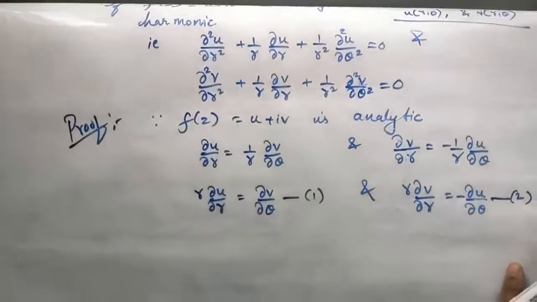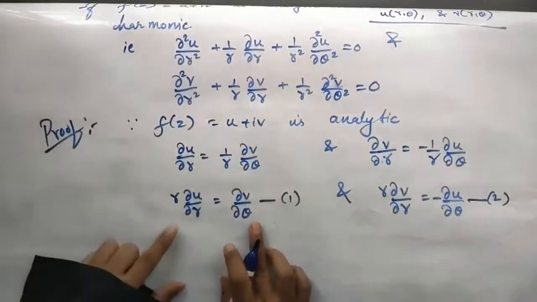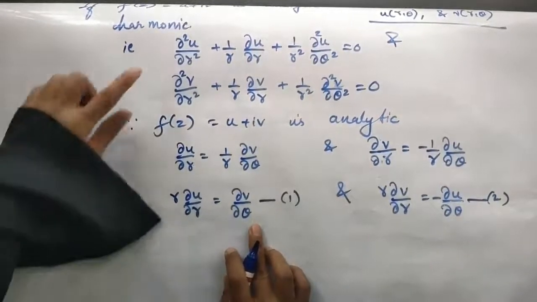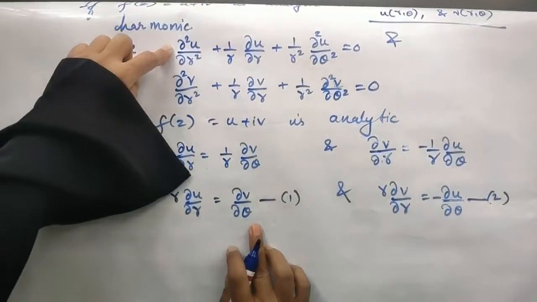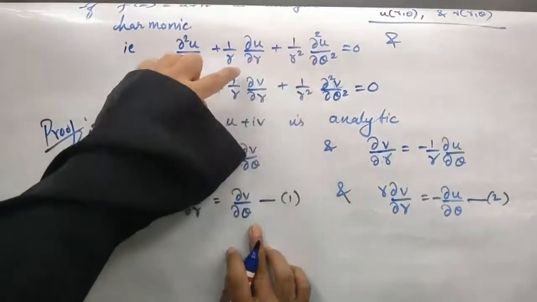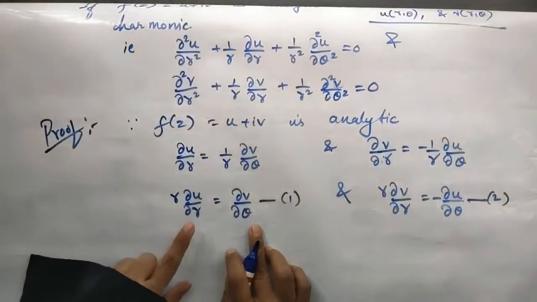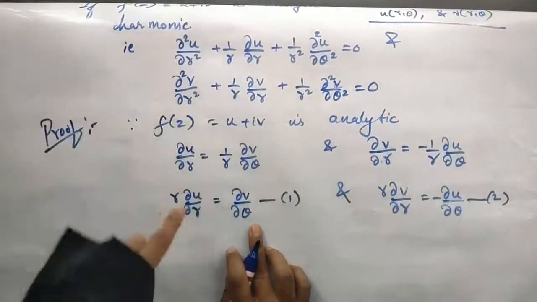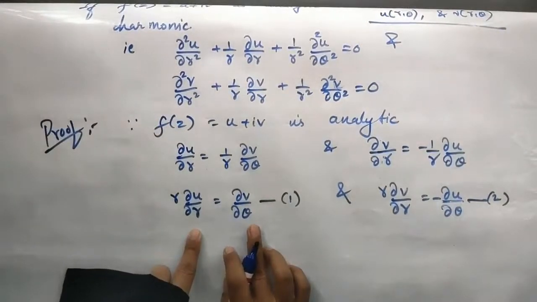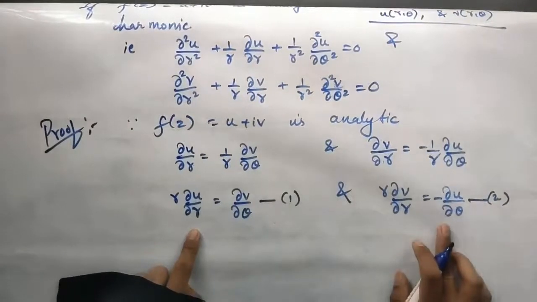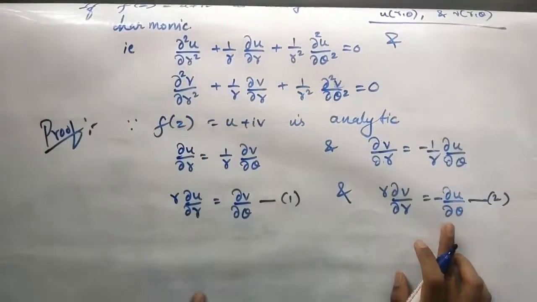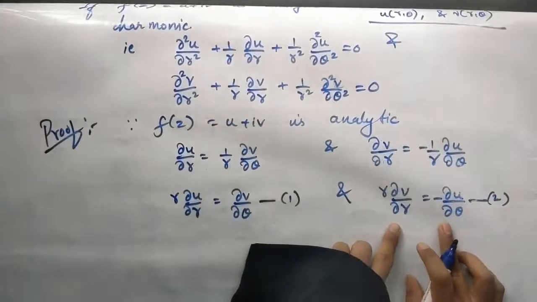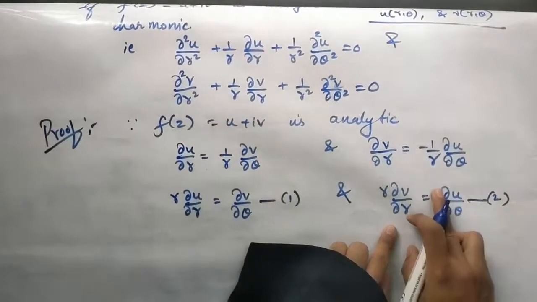Now what we will do is we will differentiate. Look at this, I need dou square u by dou r square and dou square u by dou theta square along with dou u by dou r. Dou u by dou r is already there with me, but to get my dou square u by dou r square, differentiate equation 1 with respect to r, and differentiate equation 2 with respect to theta.